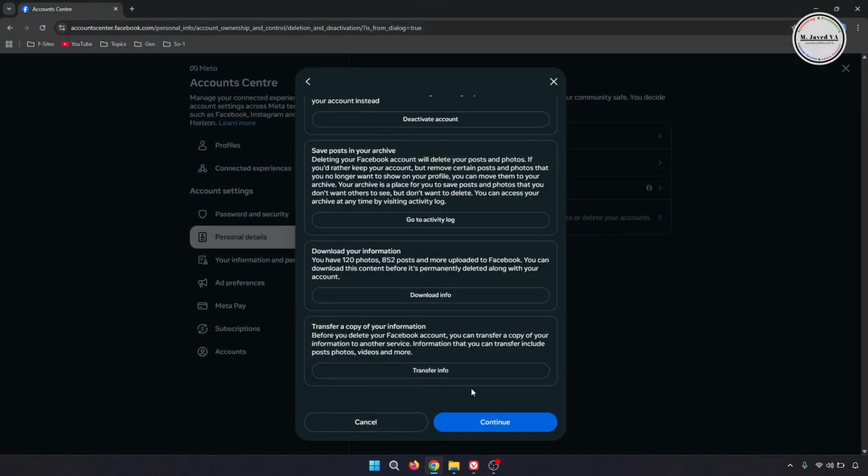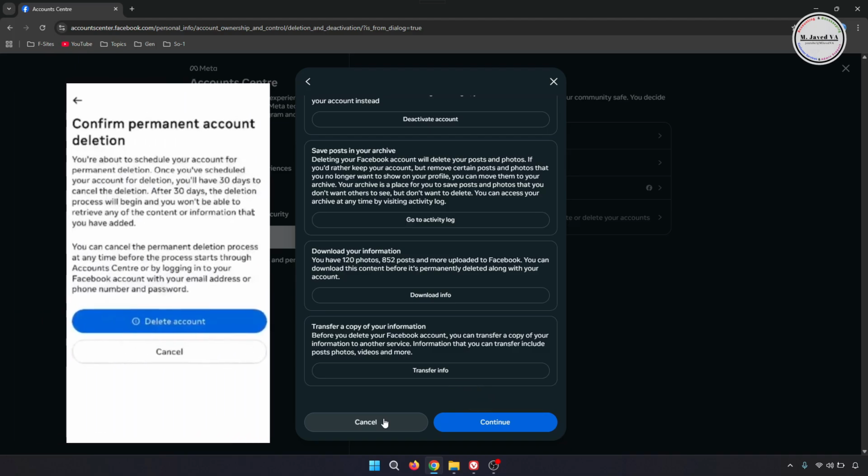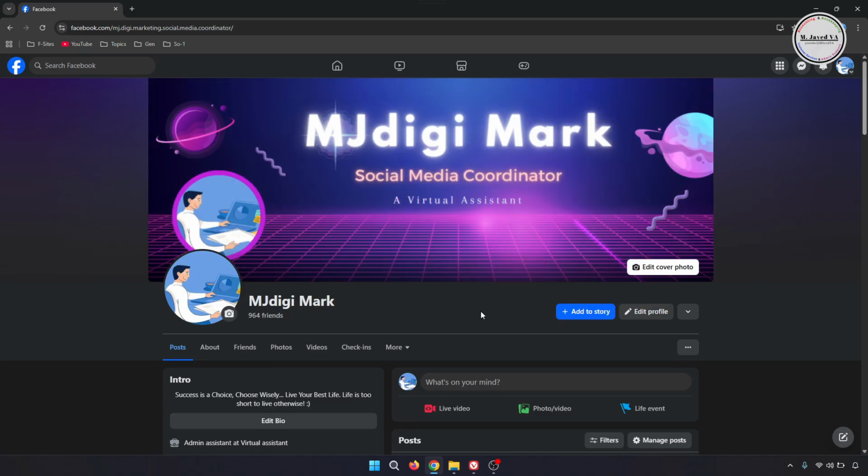Anyhow, since I don't want to delete my personal account, I'm cancelling the process here. And if you really want to delete your account, click on continue and give confirmation to Facebook to delete your account. And this is how you can delete your Facebook account